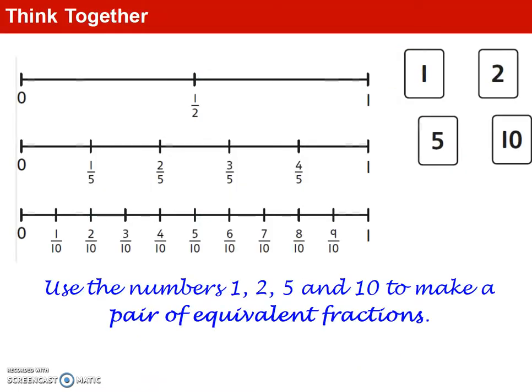So now you're ready to move on to the rest of the questions in our textbook before moving on to that independent work in your workbook. So be thinking about that strategy. So looking at our first question from question 1, be thinking about all the different fractions you can make out of the digit cards 1, 2, 5 and 10,